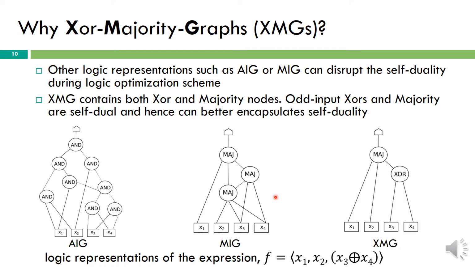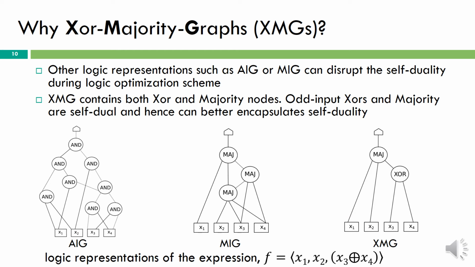And if we move to XMG, we have 2 nodes. The first function represents the majority and the second function represents the XOR. Now the problem is that in most of the logic optimization schemes, we carry out cut-based rewriting. So for example, we cut from here, we cut from here, and that can actually disrupt self-duality. Suppose we cut from here, then the XOR functionality is disrupted, right? And hence the self-duality can be lost, which is an integral component